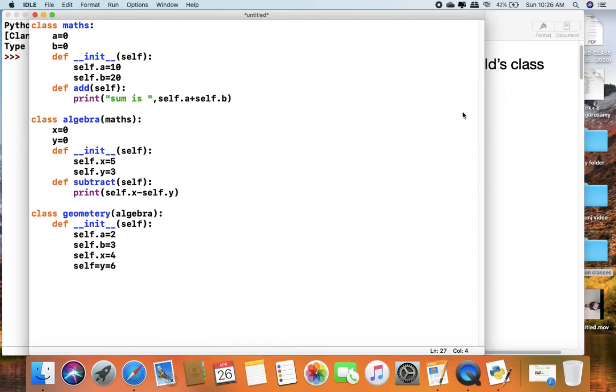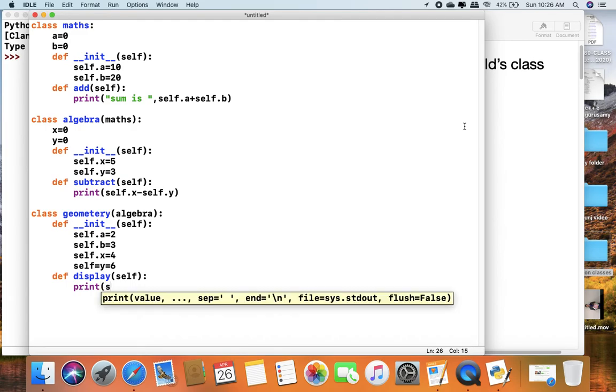So here I am writing another function, def display, print self.a plus self.b plus self.x plus self.y.